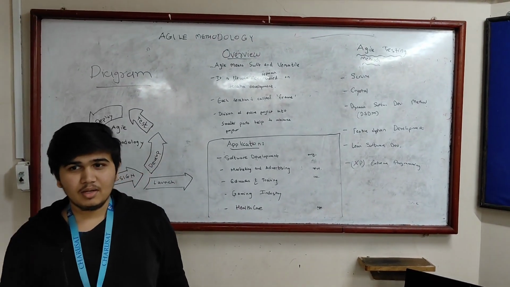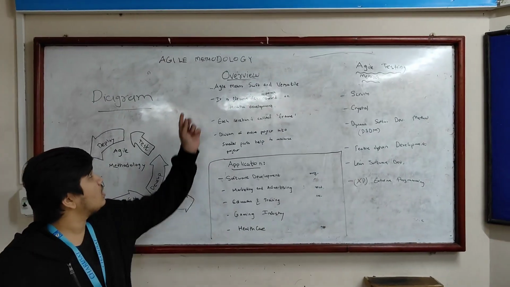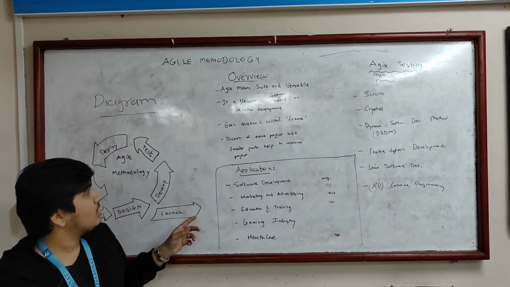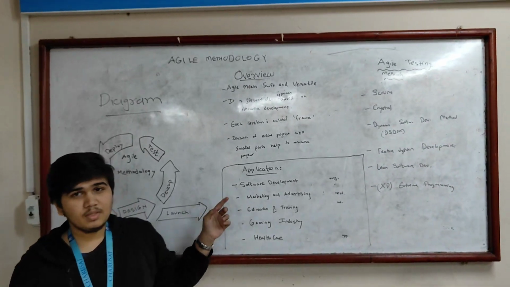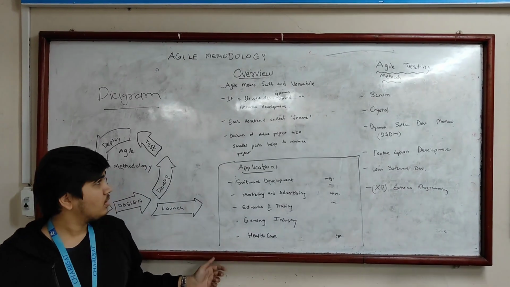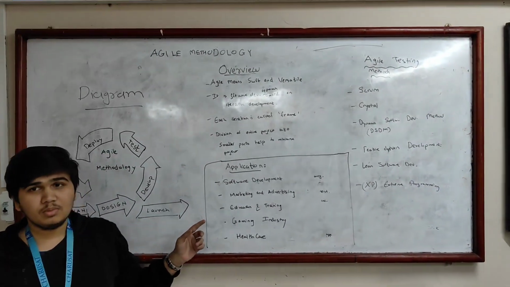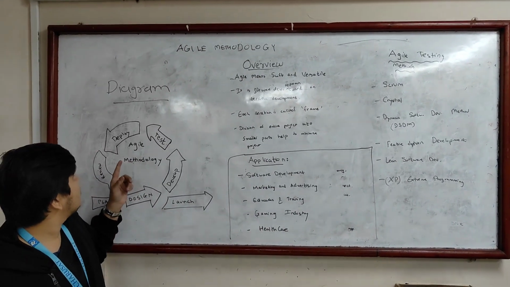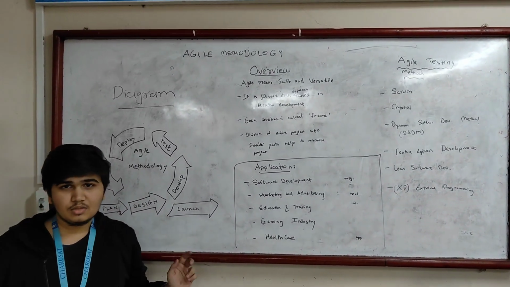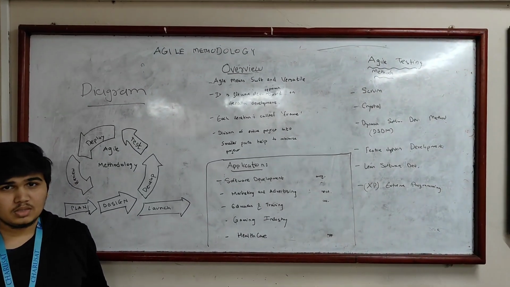Hello, I am Neil. My roll number is 22DCE080. The topic is Agile methodology. Agile means swift and versatile. It is a software development approach based on iterative development. Each iteration is called a frame, and division of the entire project into smaller parts helps to minimize the project risk. This is the diagram of the process. First comes planning. Planning means to gather the requirements and do analysis of the project.